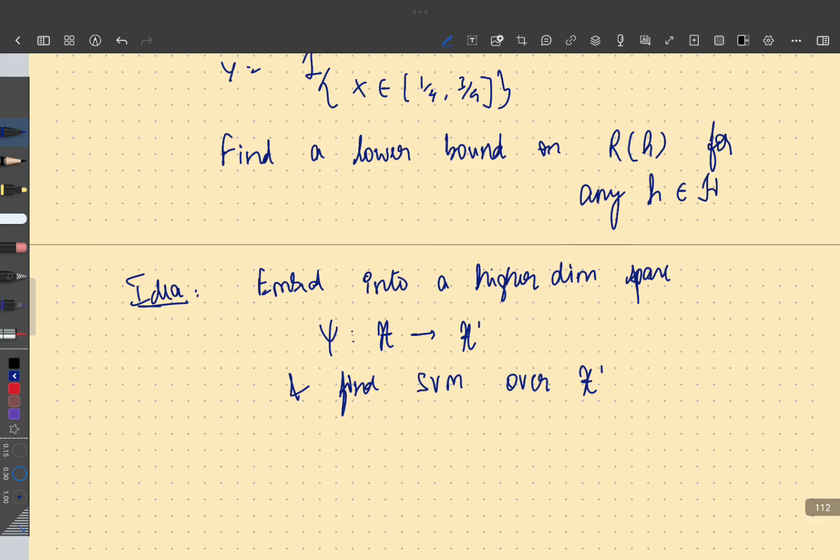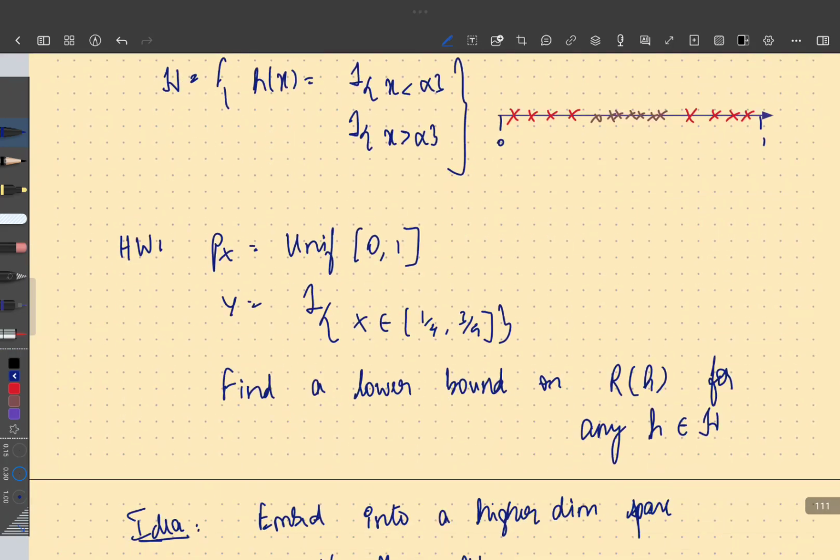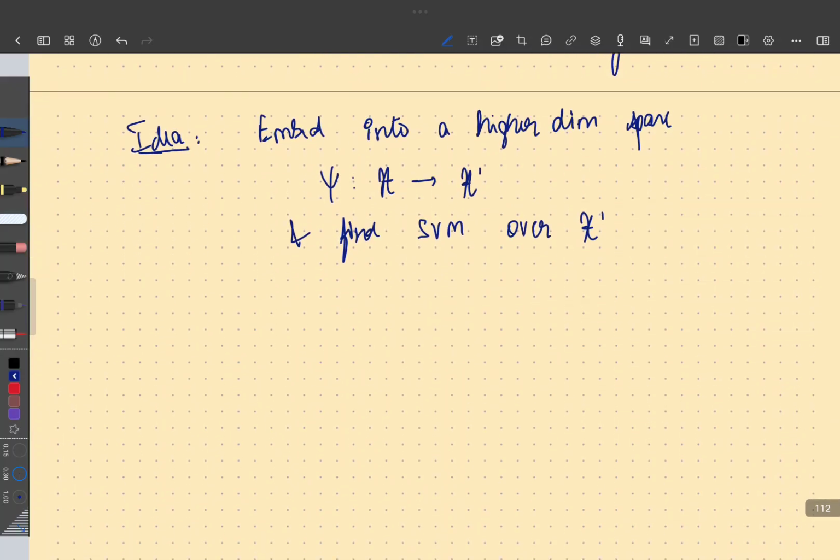All right. And why can we even hope for this to work? Let's go back to the previous example and we look at the following embedding,